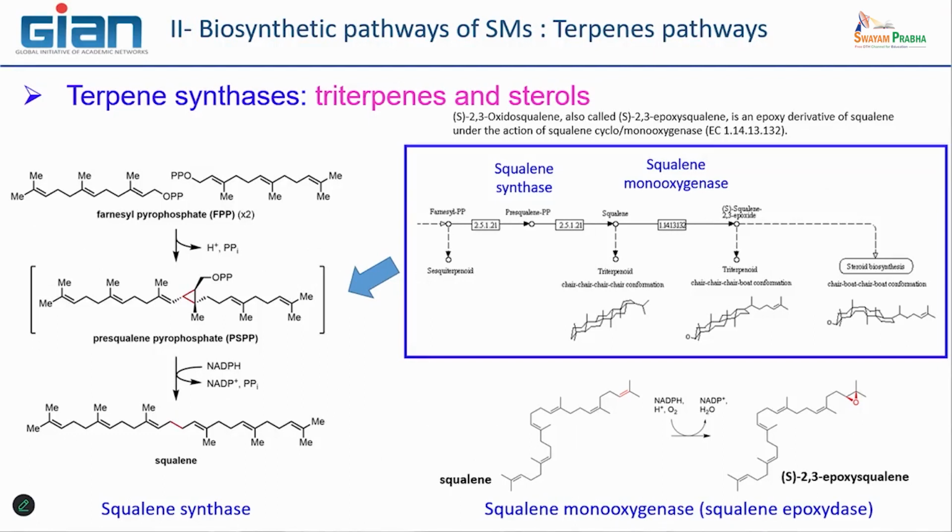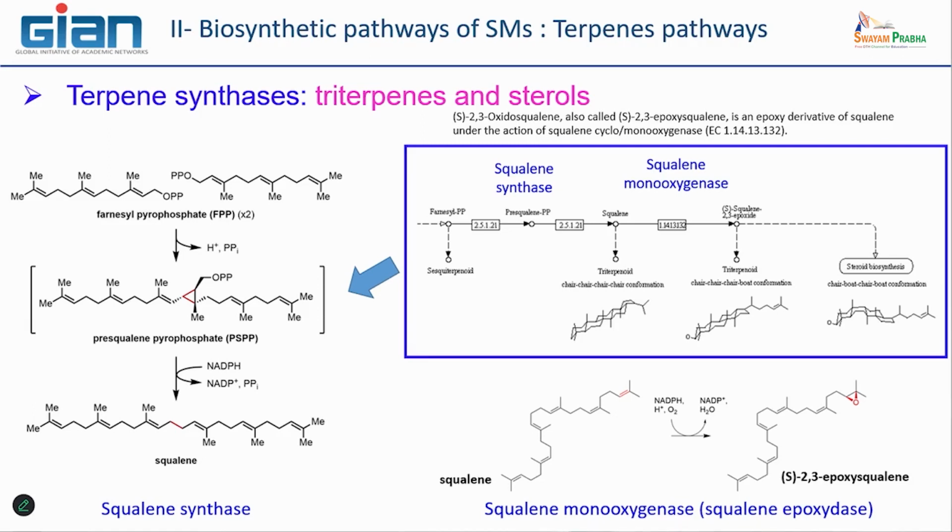And just to finish, because it's also important, the triterpene and sterol synthase. Triterpene synthases are at the origin of one of the most important terpenes for the life of cells, which is sterol. They are responsible for making the first intermediate, named squalene, by the specific triterpene synthase, the squalene synthase. You have 1, 2, and 3.